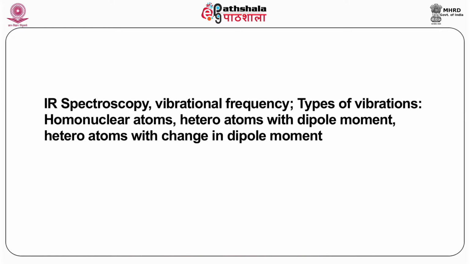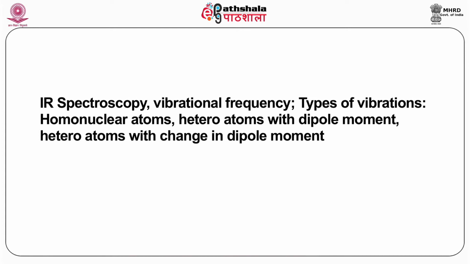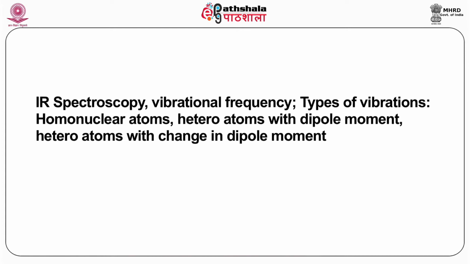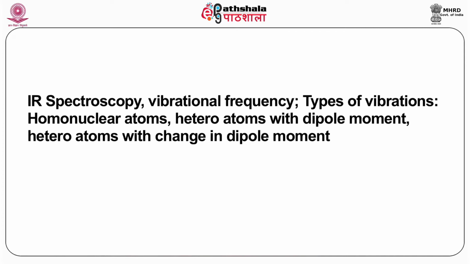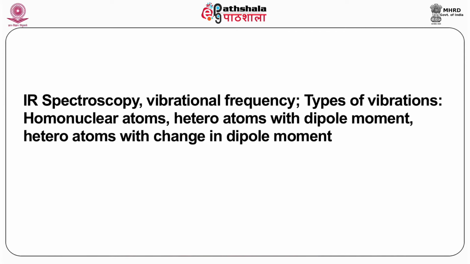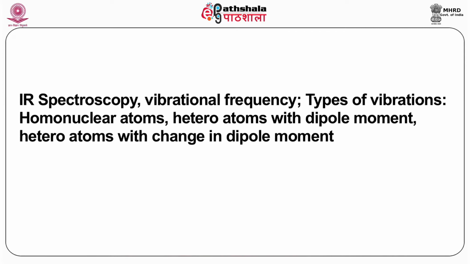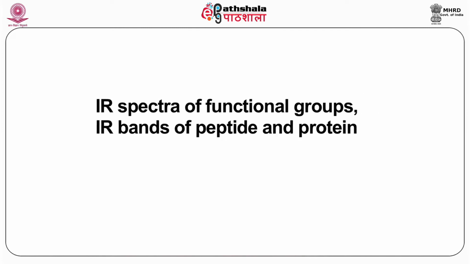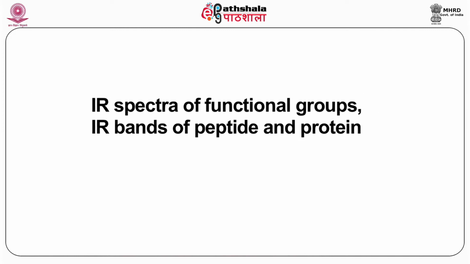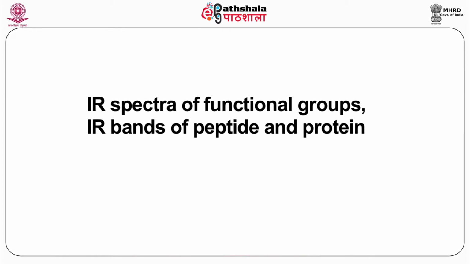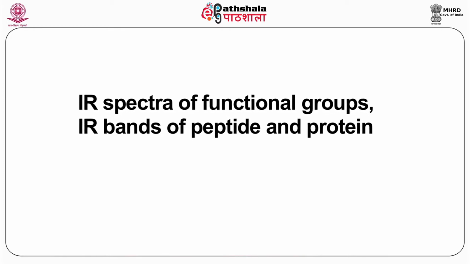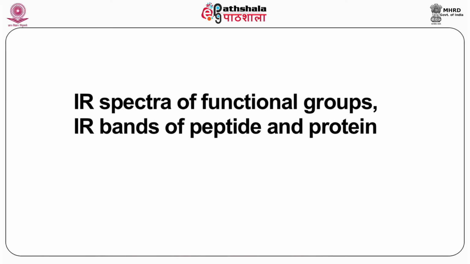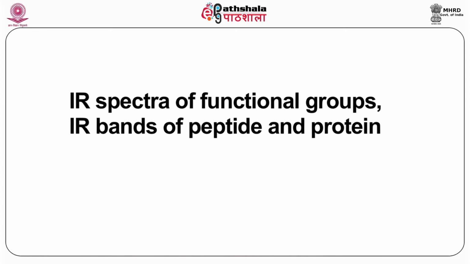Then the later part is on the IR and Raman. The 24th module is devoted to IR spectroscopy and vibrational frequency. What are the types of vibrations you come across in this? What are the dipole moment and so on and so forth. And then when you finish the IR spectra, you have to understand the IR spectra, what are the different functional groups, also called thumb rules, which are used to study the proteins and peptide groups